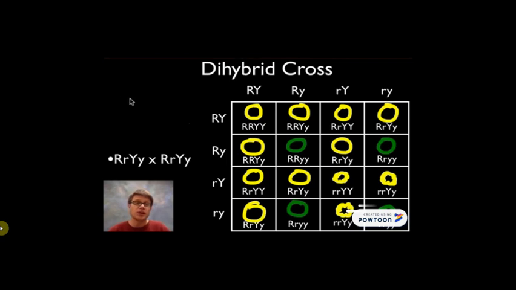When we say there's a 9 to 3 to 3 to 1 ratio, that's just a typical dihybrid cross. We're going to have 9 of the phenotypes that are round and yellow, 3 of the phenotypes that are round and green, 3 of the phenotypes that are yellow and wrinkled, and then only 1 of the ones that's not. And that's only